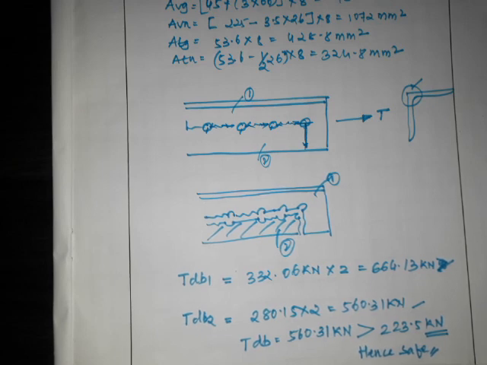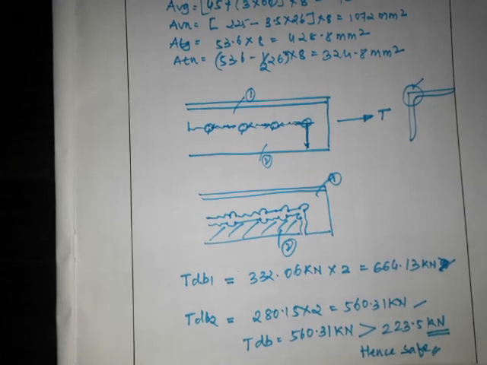The further part we will discuss in the next session, that is the design of the next member, the inclined member or the sling member. And regarding the design of the principal rafter or main tie, if you have any queries, you can contact me or write it in the comment box.